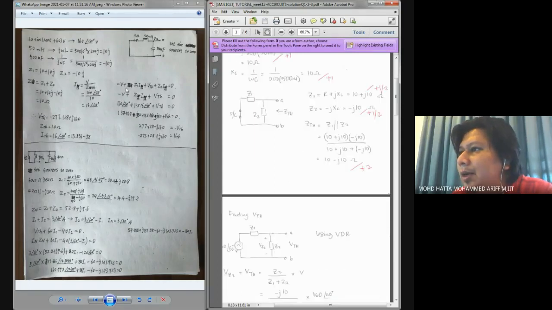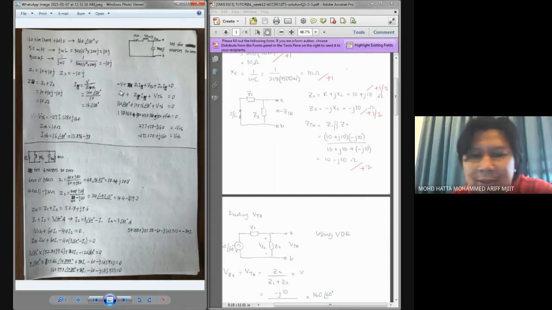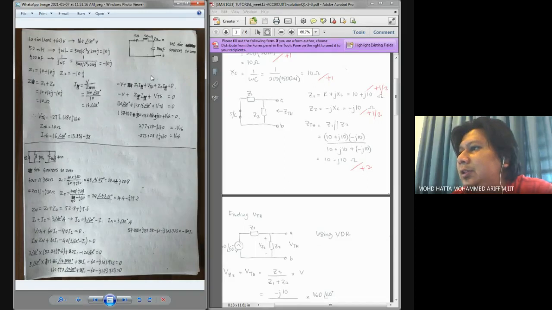I don't know where the student referred, but I can tell that the student would refer based on the original question, and based on the original question, he or she applied the Kirchhoff voltage law over here. And since the current over here is wrong, it means that all the values over here are wrong, but the attempt to do it, to determine the